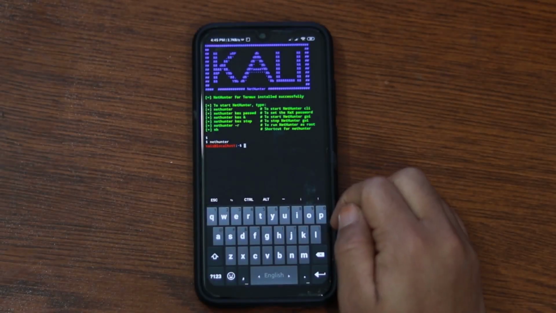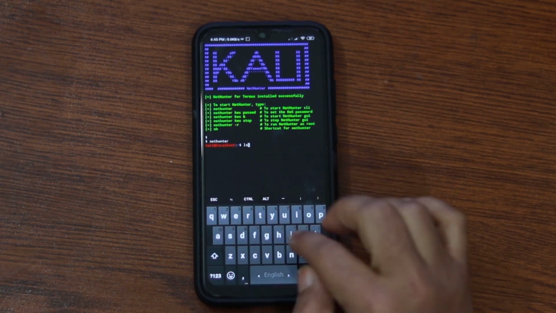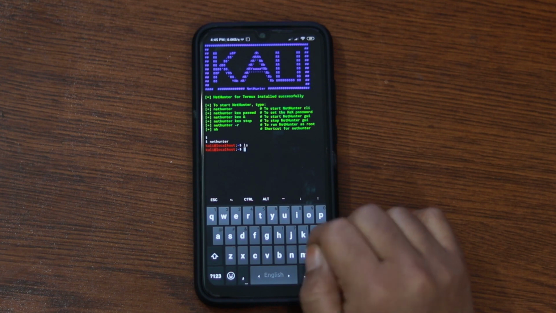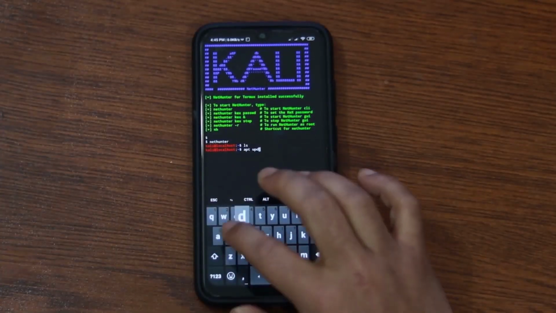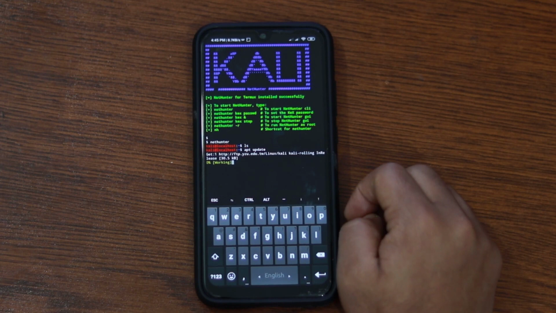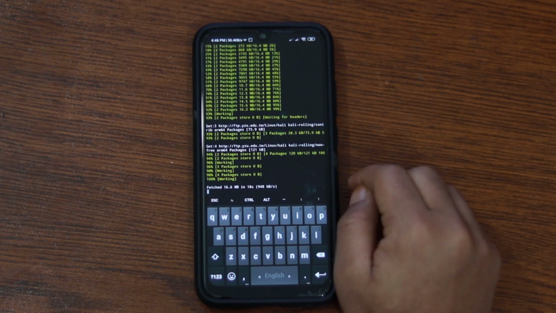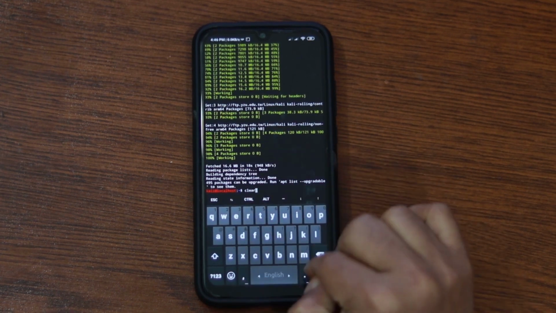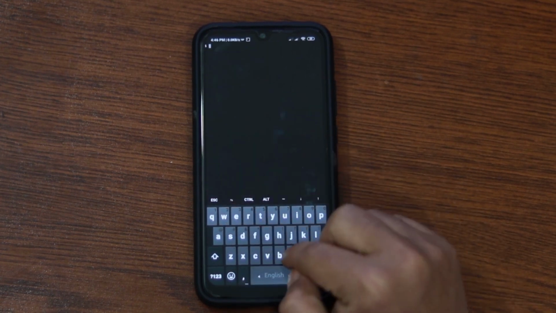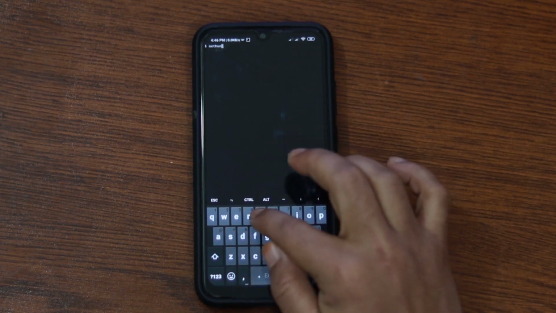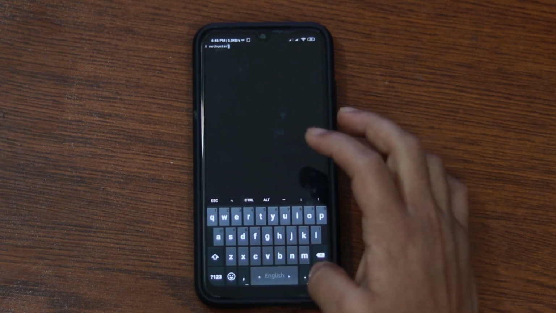When the installation is finished, you will get this type of ASCII art in terminal. That means Kali NetHunter is installed on your Android successfully. Now you can make use of Kali NetHunter via this terminal. You can install any Kali NetHunter app or Kali Linux app via this terminal. Also you can update and upgrade from here. Whenever you open Termux app, just simply type nethunter on terminal and your NetHunter terminal will run on Termux app.